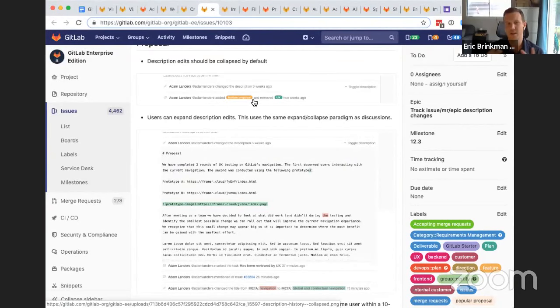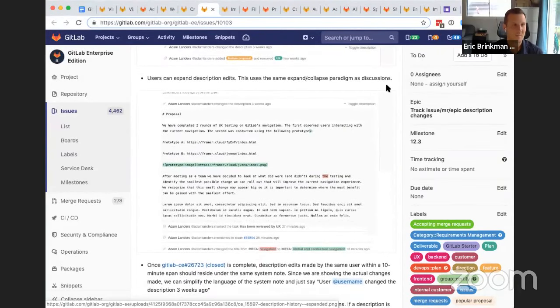And so you can see the initial implementation here is if you click on a system note where you've changed the issue description, you're able to toggle various edits that were made, have that all version controlled. I know that's been a long frustration for many GitLab team members and the wider community as issue descriptions have been lost, they get overwritten, previous information that lives in those were not versioned. So really, really excited to see this happen in GitLab 12.3.